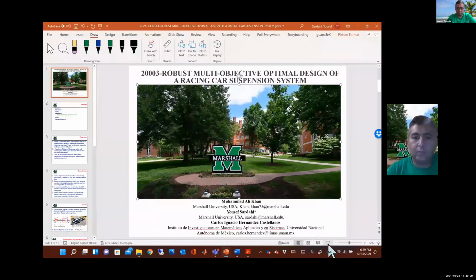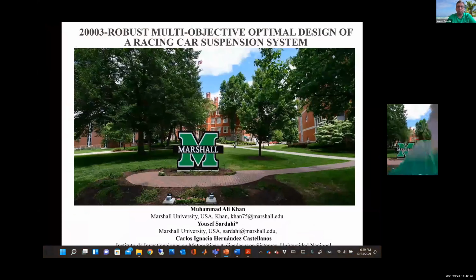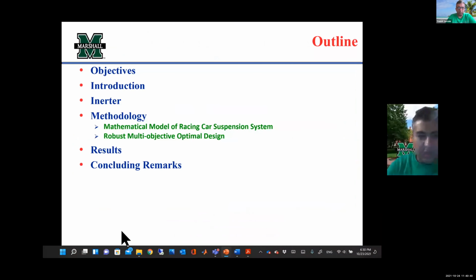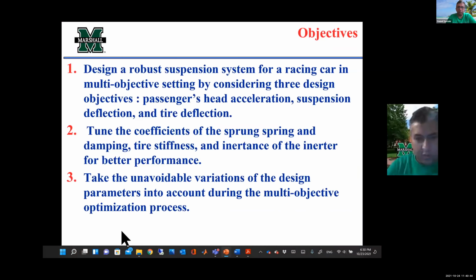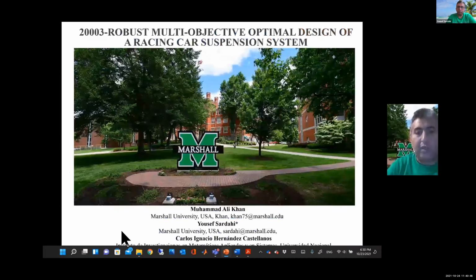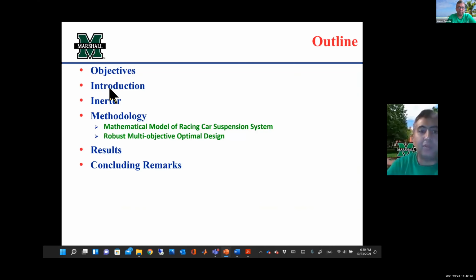Okay, so hello everybody. In this presentation, I'm going to talk about the robust and multi-objective optimal design of a racing car suspension system. So the focus here is on the racing car suspension system. This work was conducted by Muhammad Ali Khan, Yousef Sardahi from Marshall University, and Carlos Castellanos. The outline of this presentation: I'm going to introduce the objective, then I'm going to talk about the inerter